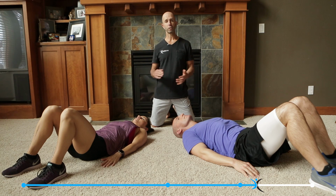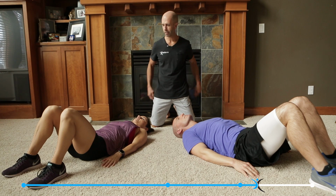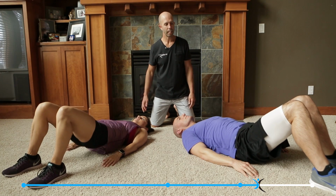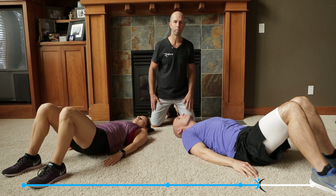All right, this exercise is called lying hip raises, also known as bridges. It's for your hips, your quadriceps, and your buttocks. Let's go ahead and get started. So you can see they're laying on their back with their feet in front of them, their arms to their side, and when they raise up, they really want to push through their heels all the way up